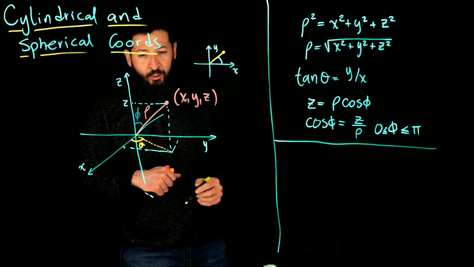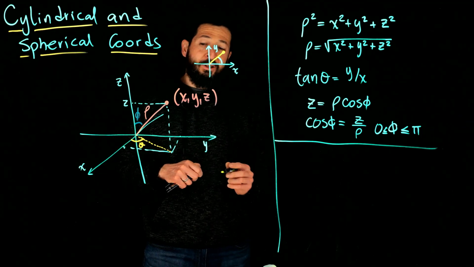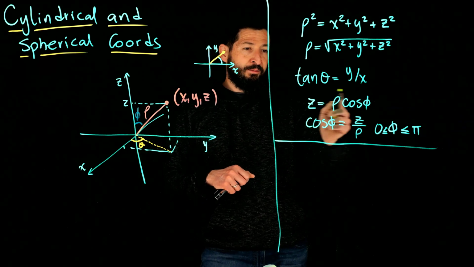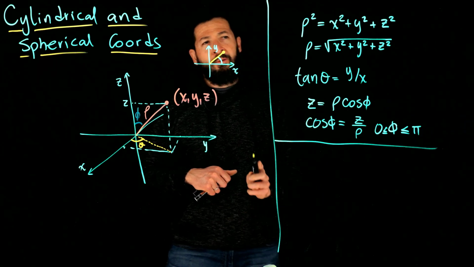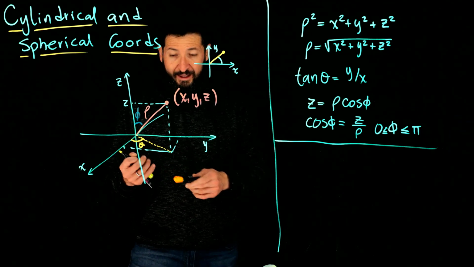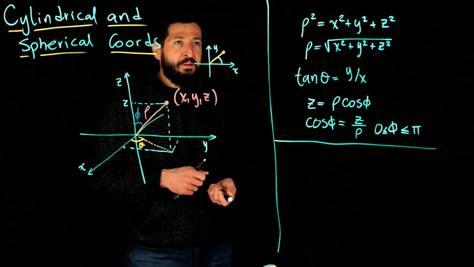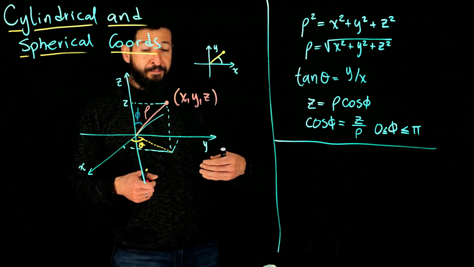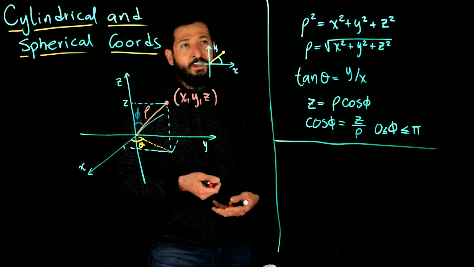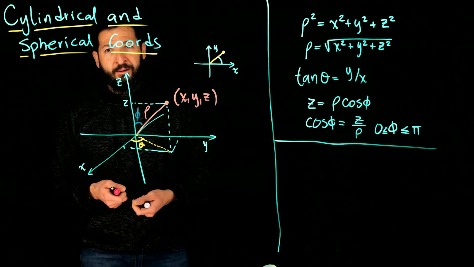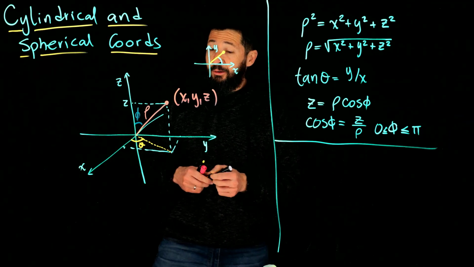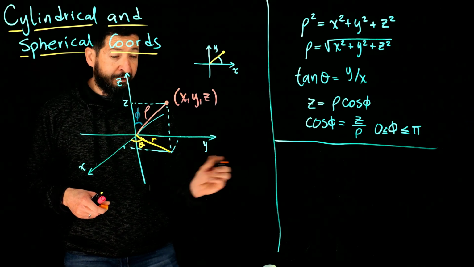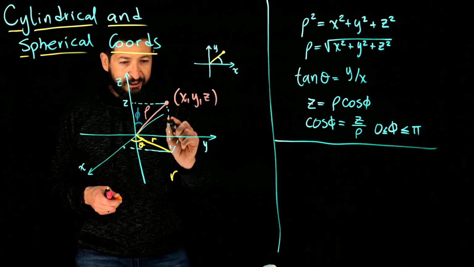All right, so you have to be careful with this one because z is easy. You get z from this equation, so that's done. But x and y you have to be a little bit careful with. Why? Because you would say, well, in polar coordinates, x is just the radius times the cosine of the angle, and y is the radius times the sine of the angle. And that is correct. But that radius is r down here, and by looking at this triangle right here,